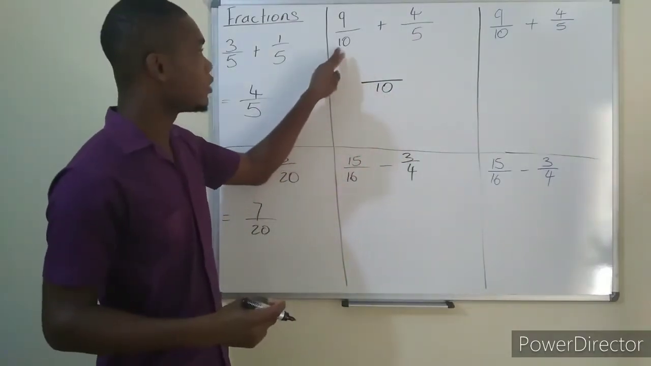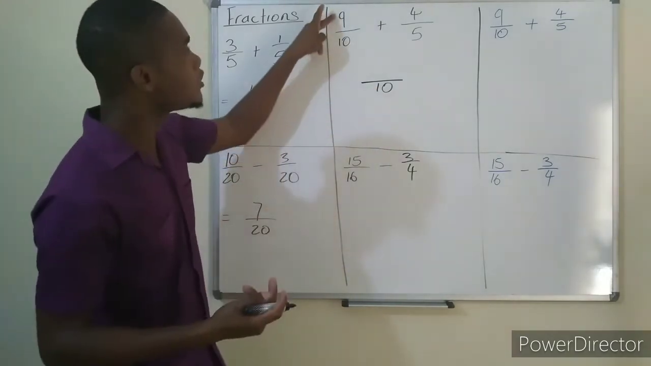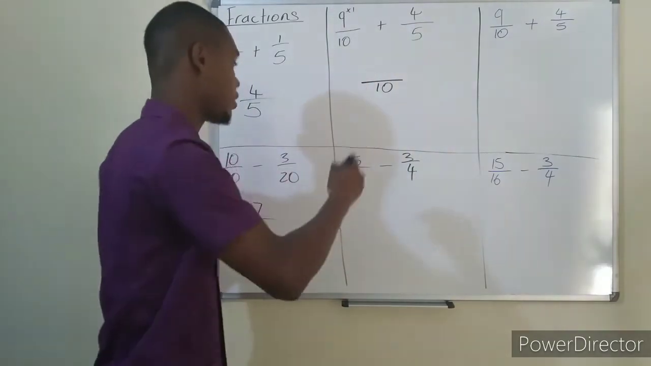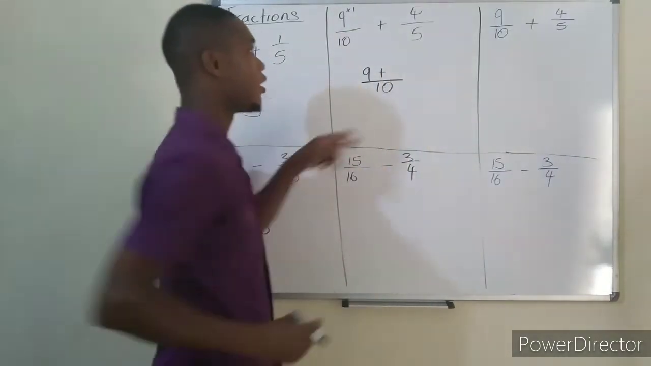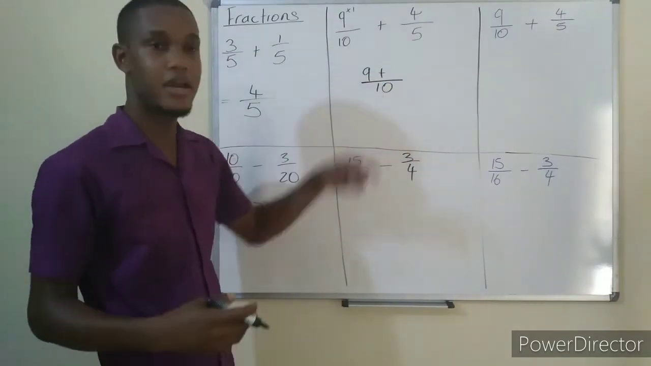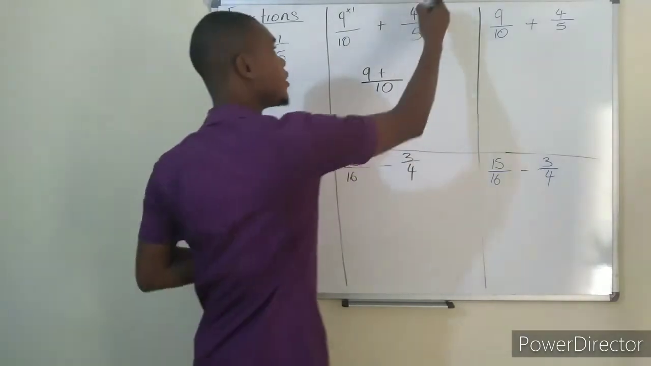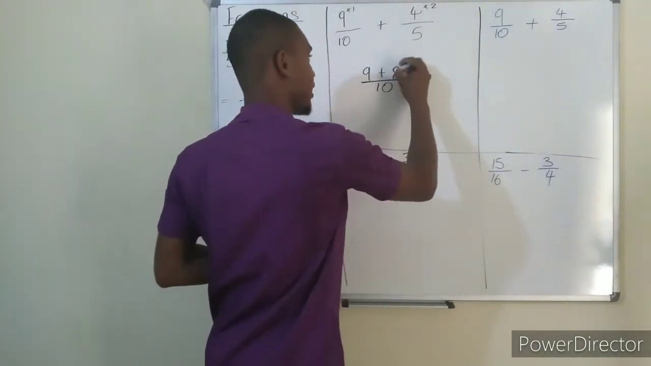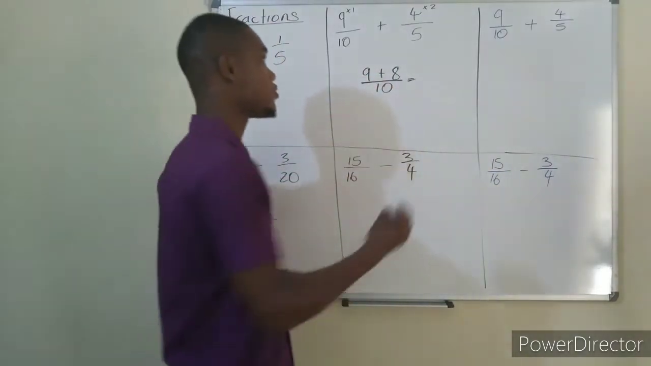Then you'll say 10 into 10, 10 divided by 10 is 1. So you'll multiply your numerator by 1. So 9 times 1, that gives you 9. Then you put back your sign. Now you'll focus here. 5 into 10, or 10 divided by 5, that's 2. So it's 2 multiplied by your numerator. So 2 times 4 gives you 8. 9 plus 8 gives you 17